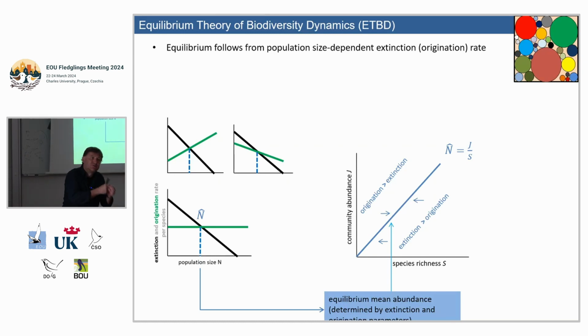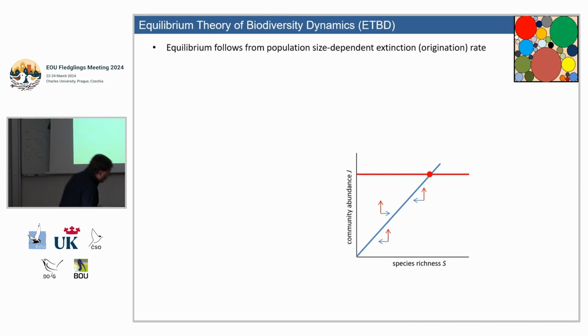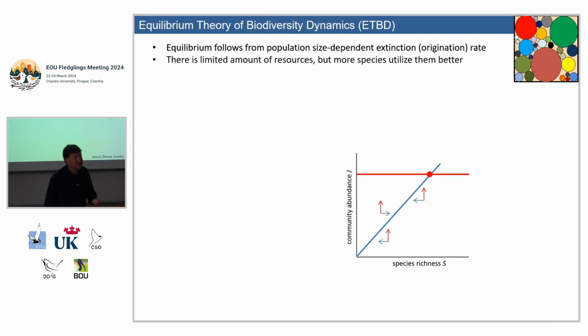You cannot have too small populations. Or you can, but then you go extinct, right? You go back. And if you have large populations, it is also not an equilibrium situation because origination is higher than extinction and the species richness increases. And now the question is where the abundance lies. One option would be that abundance is totally driven by the environment, and this is the assumption of many diversity dynamics theories. But we felt that it is better to assume actually that community abundance itself is driven by